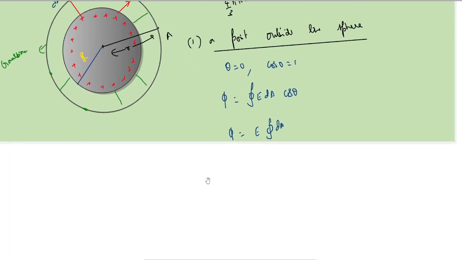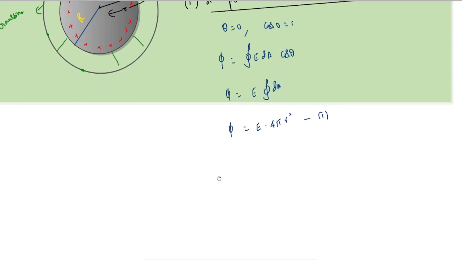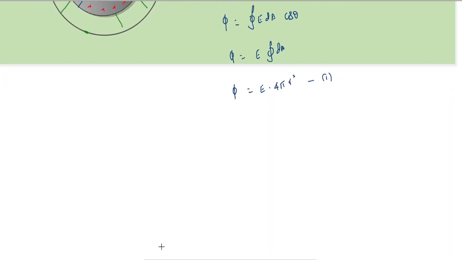If you add all the small areas, what we get would be the total area. Therefore, electric flux is equal to E into the area of the Gaussian sphere, that will be 4 pi r square. So this is the first equation. Again, same as in the previous discussion, we find the electric flux using the definition of electric flux. Next thing is, we find flux using